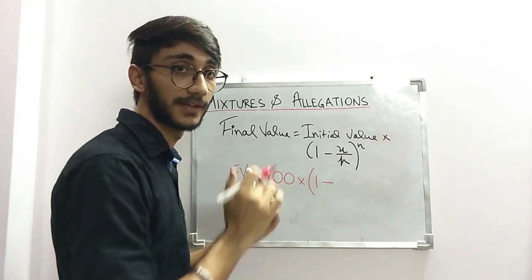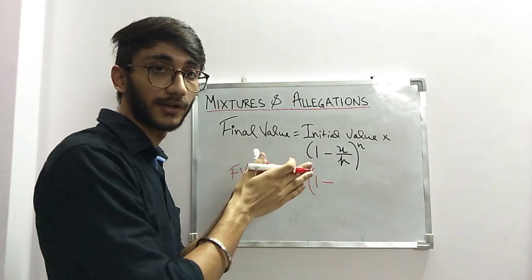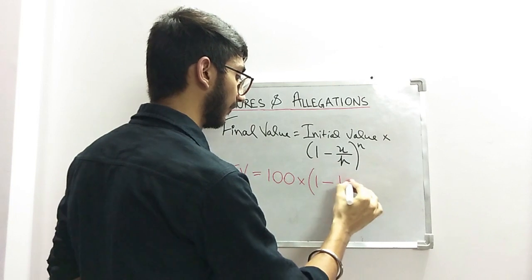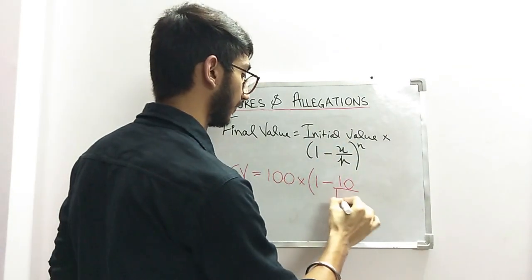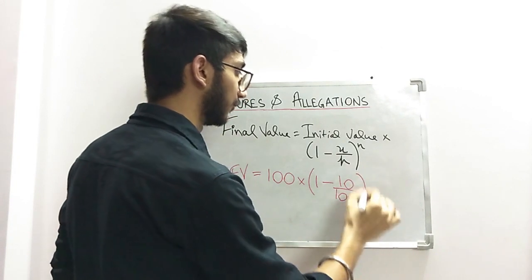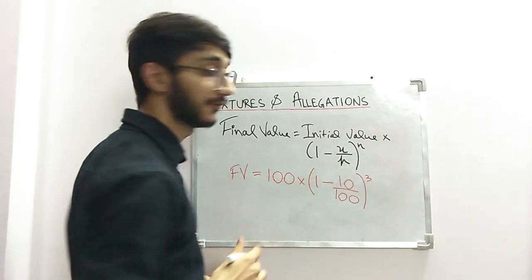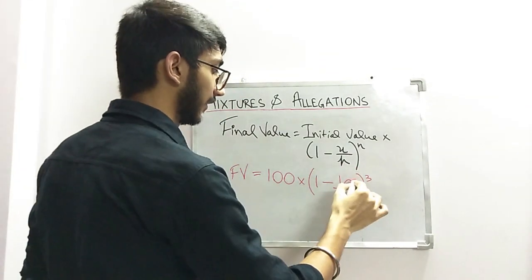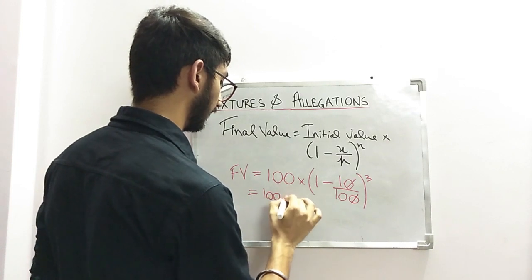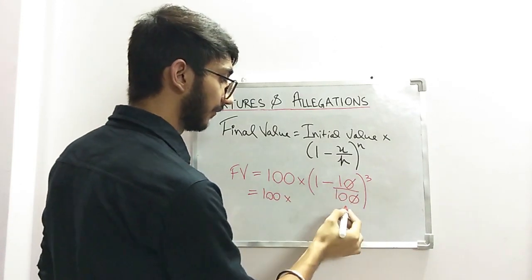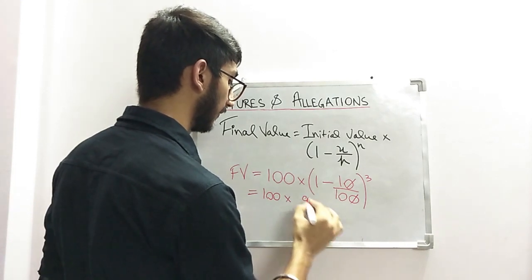The amount that I was replacing. So I am replacing 10 liters of milk by 10 liters of water. So that means 10 upon what was my total quantity? 100, raised to power n. n is the number of procedures. So in this question we have 3 procedures. So I can calculate this as 100 into 1 minus 1 by 10, that is 9 by 10